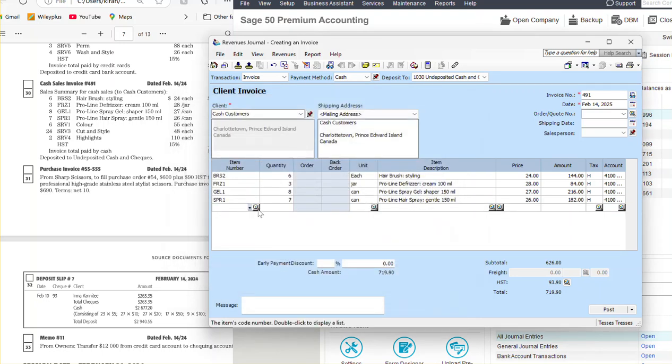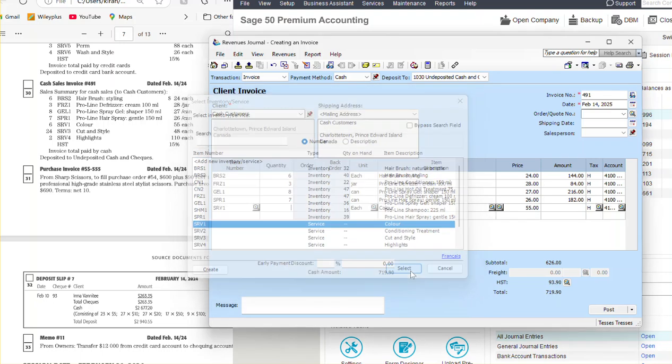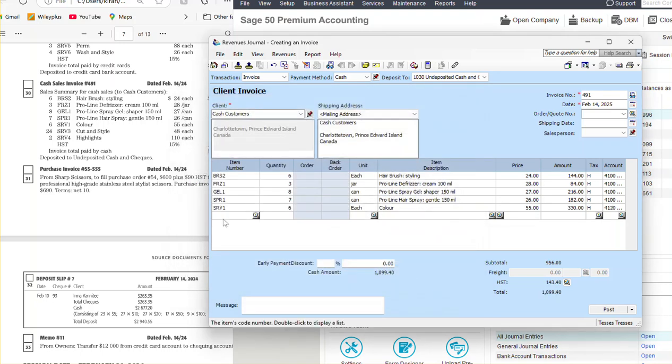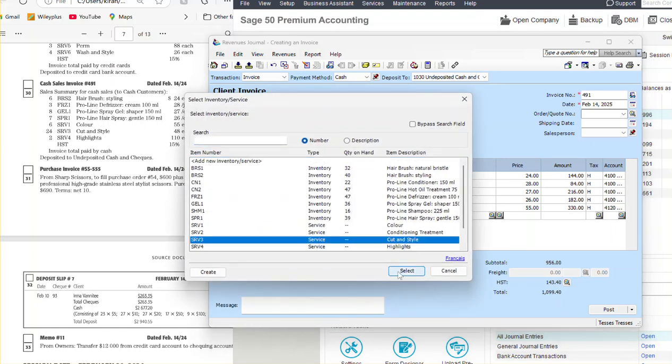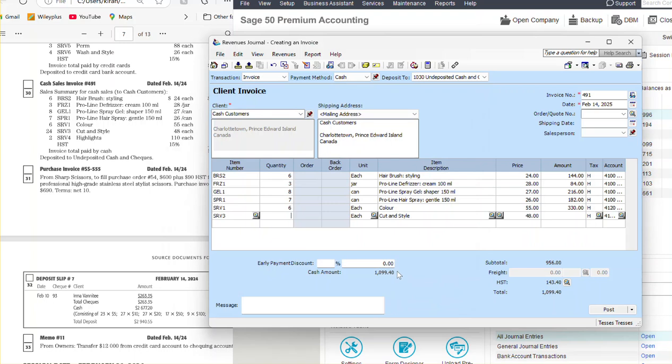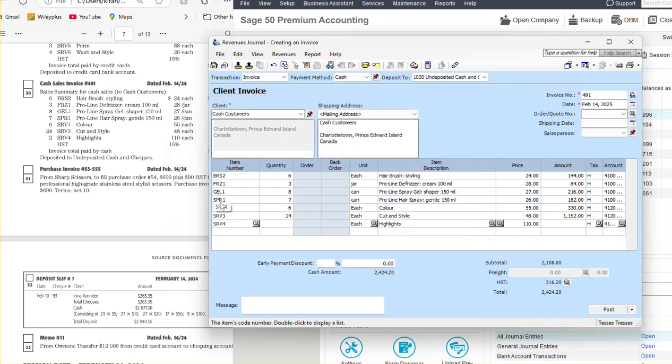I go to next one, SRV, that will be my 6, and SRV3, that is 24, and then SRV4, that is your 2. And I hope the amount is right, what we are doing, and it looks like right,